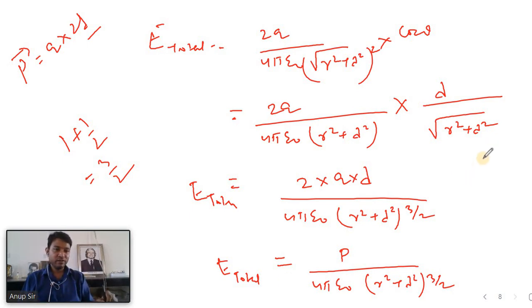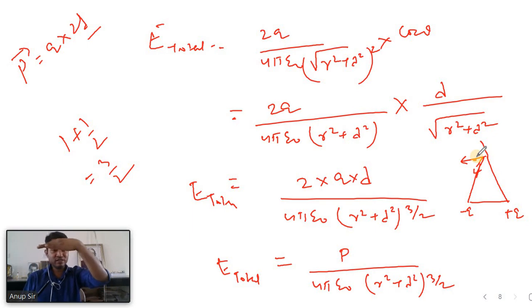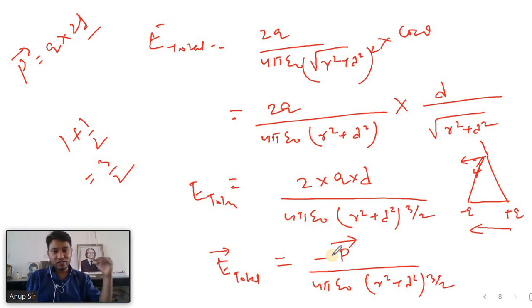Remember this figure? This one was the negative charge, this one was the positive charge. So the actual net electric field was towards this direction. That is, from the figure you are finding that it is from the positive to negative direction. So to indicate the direction, we have kept a minus sign, and on the letter P I am converting it into a vector, P vector. So this indicates the total electric field due to the electric dipole at the broadside on position.